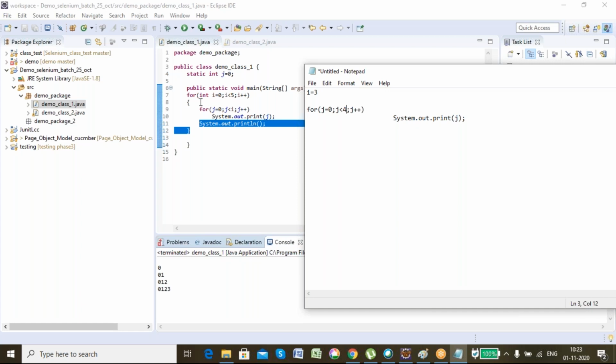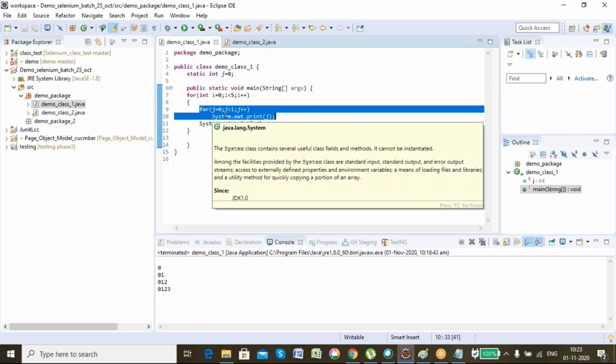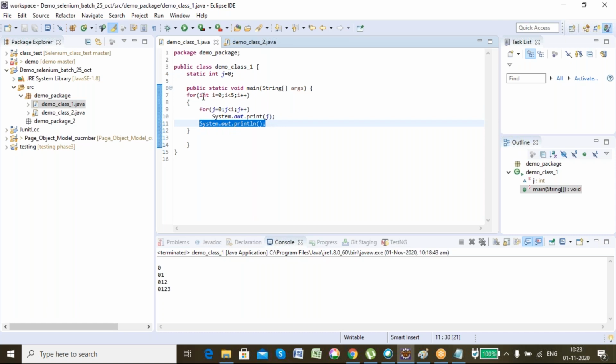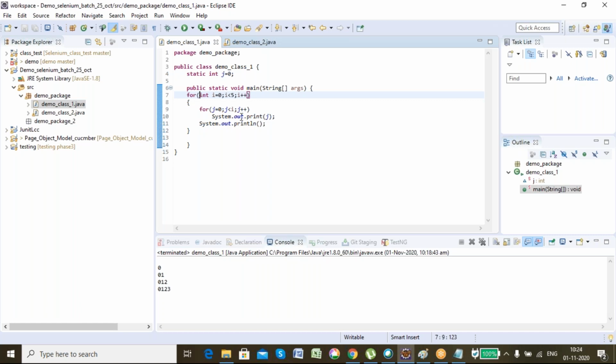Correct. This for loop is a statement for the outer loop only, right? Yes, so this is one statement, this is another statement. There are two statements for this for loop. The outer loop has two statements. This is one statement, this is one statement. So first it will do this job, then it will come to here. As this is only one line of code, I am not using curly braces. Else it will be more clear if I use curly braces. So this is the case.